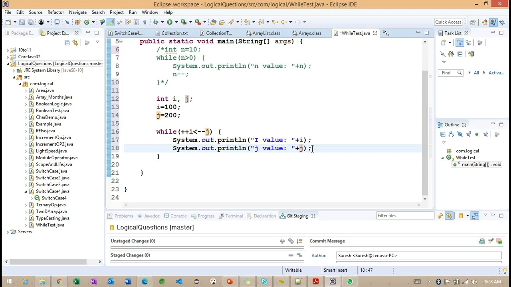Okay, so in the first iteration, what happens? What happens first, initially? The condition is going to return true or false first.